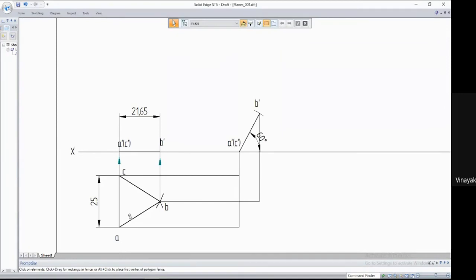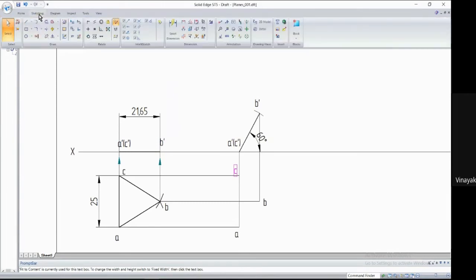Now once you draw this, first name them before joining them, so that there is no confusion while joining. So this point indicates A, this point indicates B, and this point indicates C. Now again you have to join with a thick line.